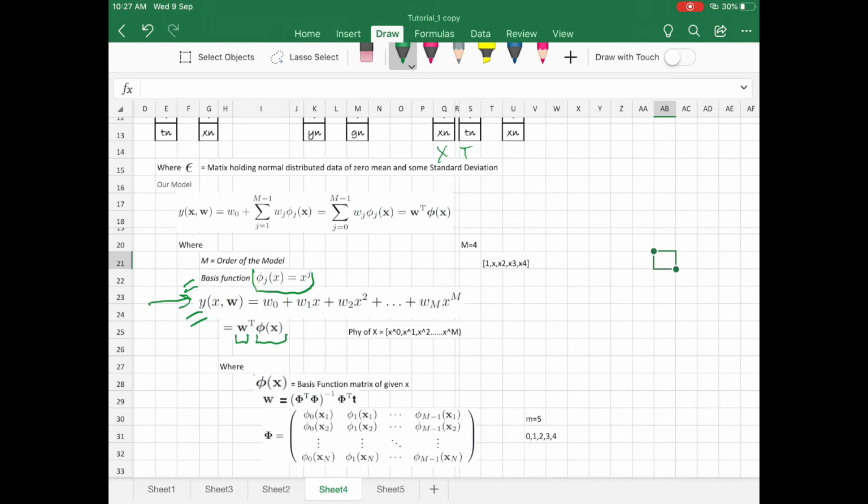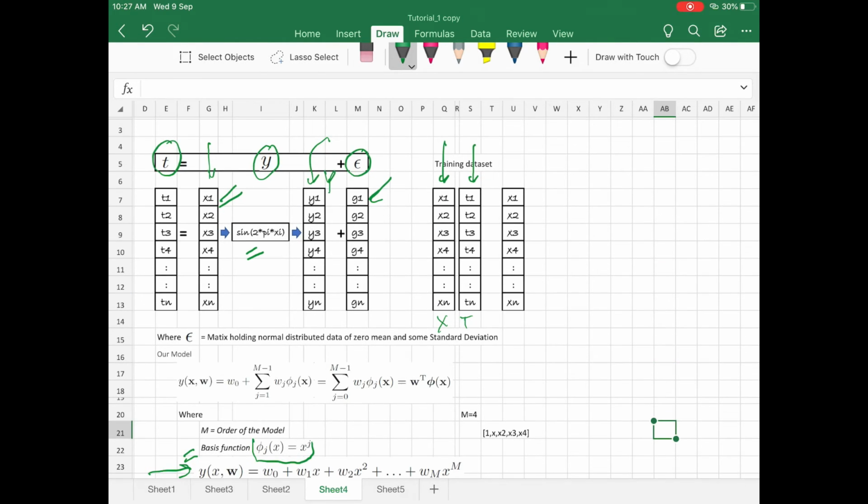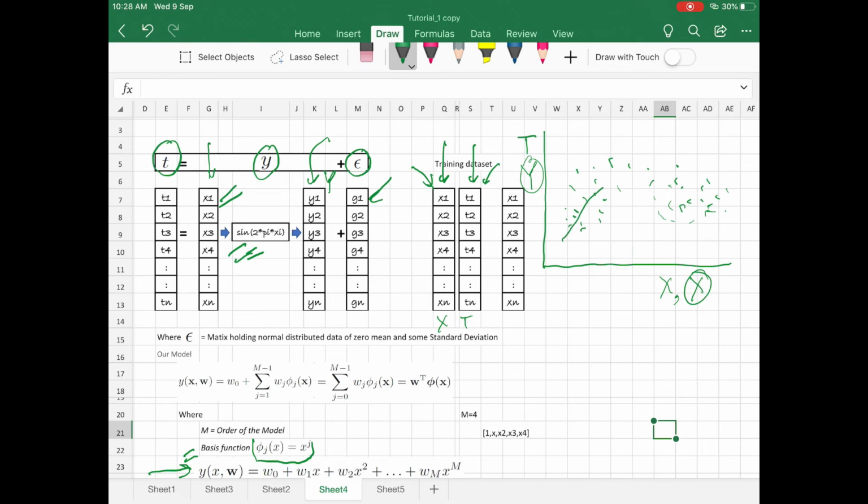So once we are ready with this model and all these functions, we will again use the same x and t to analyze the relationship within our synthetic data. The very first thing we will do is create a scatter plot, and because we are using the sine function, we will get some sort of sine scatter diagram. At the same time, on the same graph, we will draw the function between x and y. As we can see, the relationship between x and y is directly sine. So if we draw the plot diagram, this is what we will get.